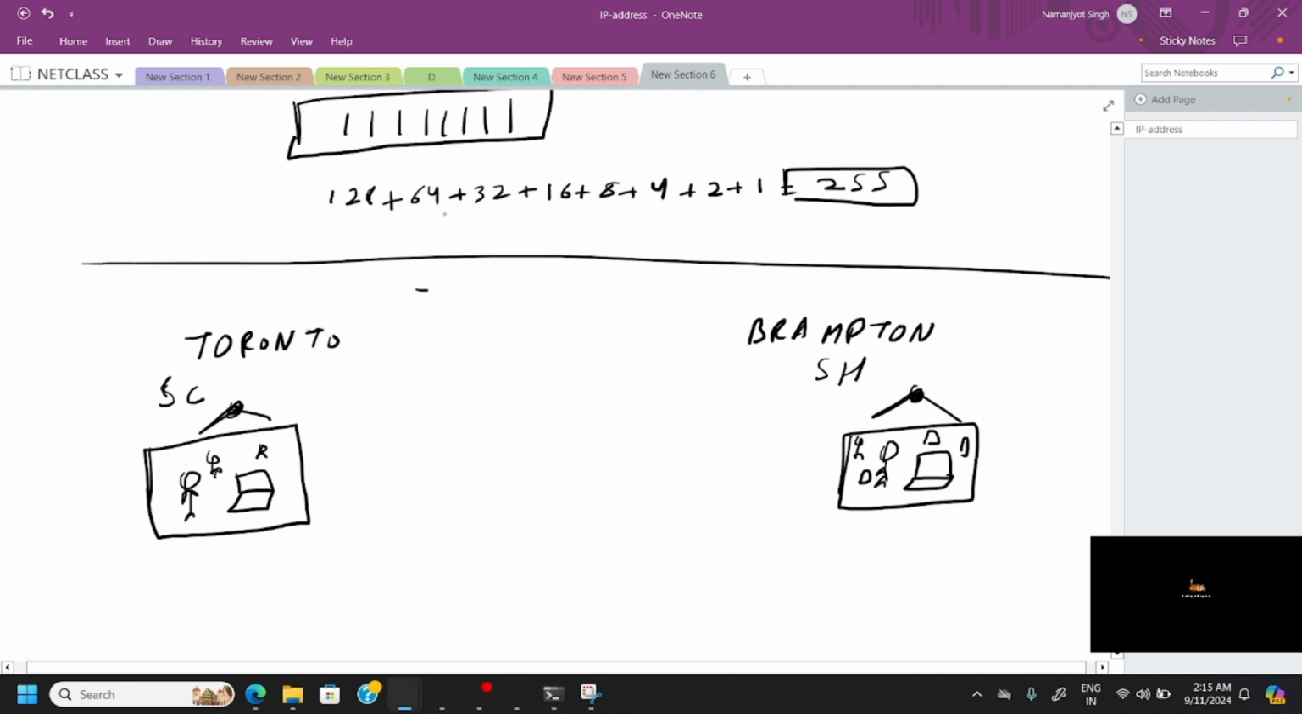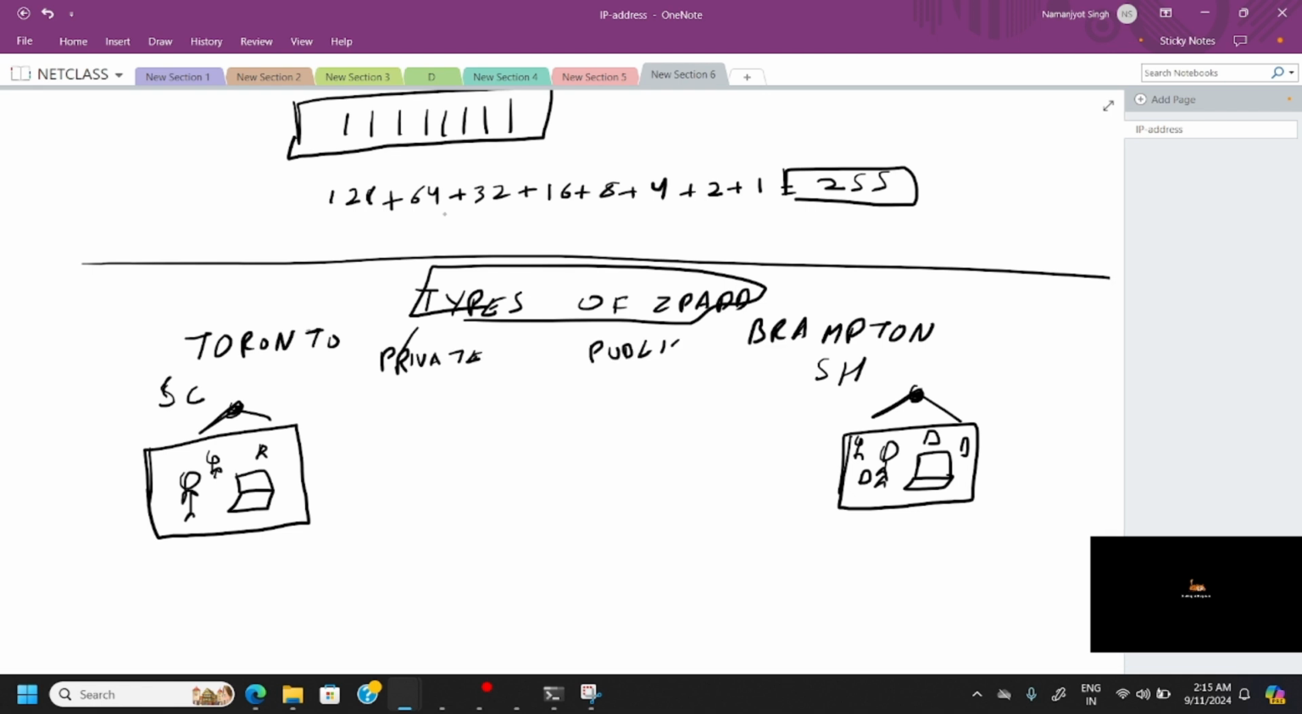this was about the types of IP addresses, not the classes first. Let's discuss the types of IP addresses. How many types of addresses? Two, private and public. As the name suggests, private is something that is private, and public is something that is public to everyone. So when we are discussing the office here, that is known as a LAN, local area network,